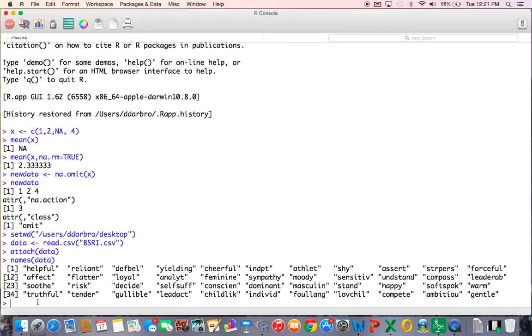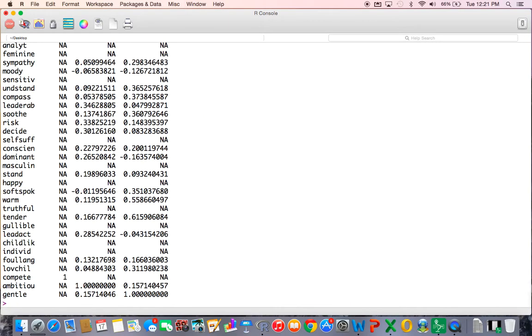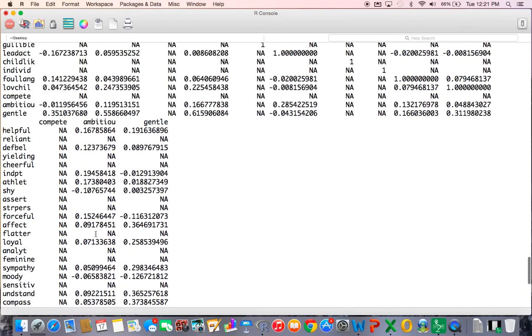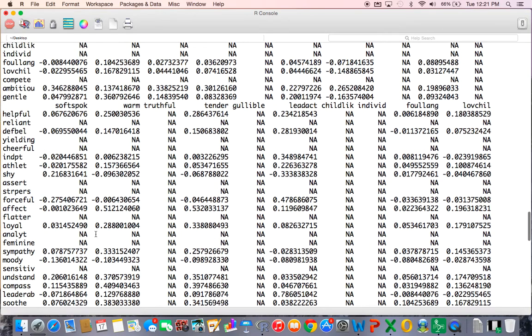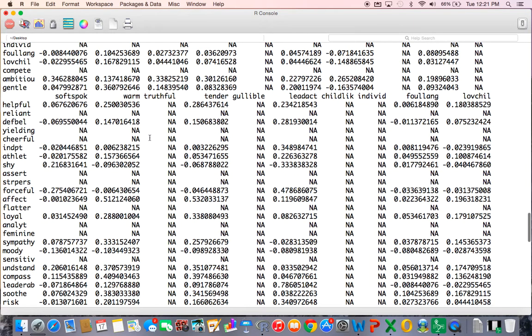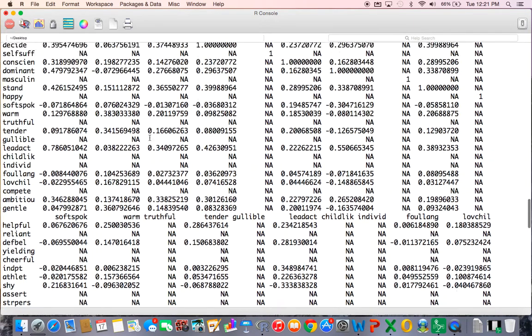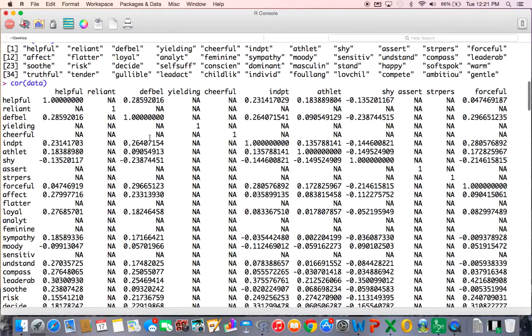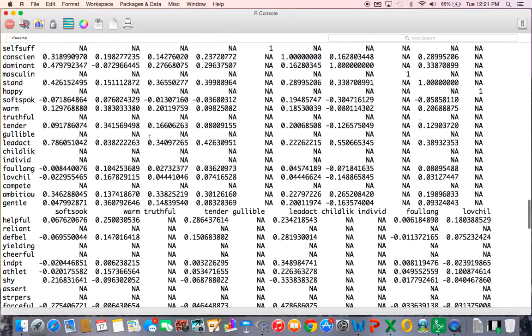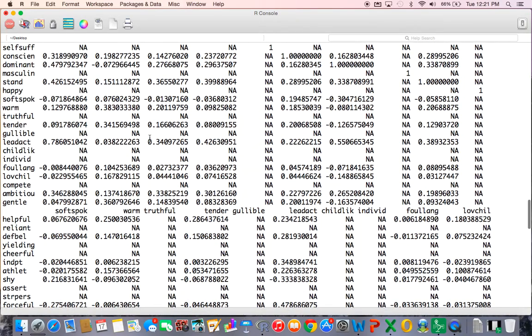First thing I'd want to do is look at a correlation matrix, and I get some big time problems, don't I? My big time problems are, I have a lot of missing data. So we've got to determine what we're going to do with this.